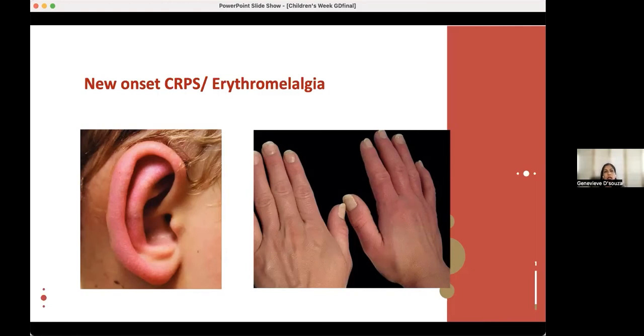CRPS versus erythromelalgia. CRPS is complex regional pain syndrome. There are temperature changes where the hand is red, cold. There are vascular changes, there are temperature changes, and it can happen in CRPS. It can happen after a minor trauma. There may not be any trauma, and it usually follows some kind of a nerve pathway,